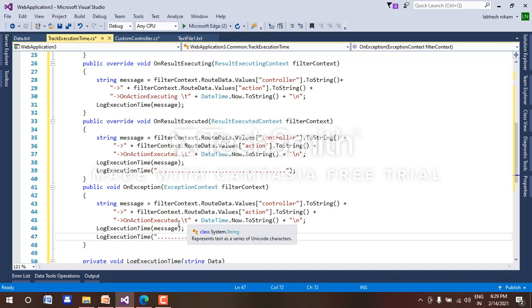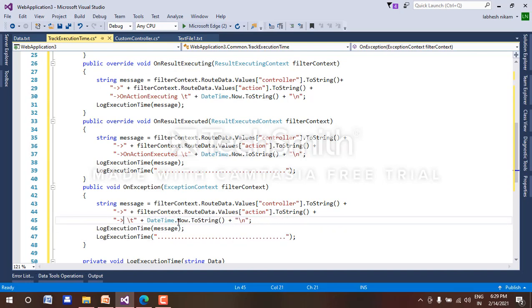Okay, for the message, remove this name and add here, plus plus, add the message of yours. What message?